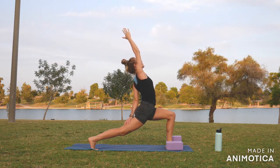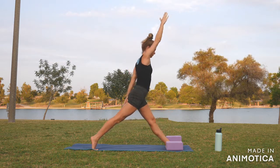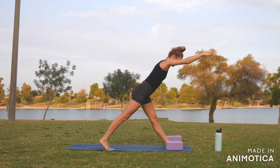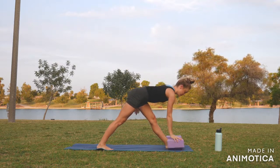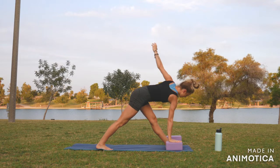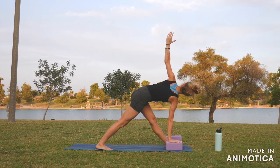On your exhale, let's start to straighten through that left leg. Reach the right hand forward, maybe step the right foot up about a foot or so. Turn the toes out again like we did in pyramid pose, and let's find our revolved triangle. So right hand plants, left arm reaches up. Think about pulling that left hip back, nice, lengthen through the spine, push through the crown of the head for